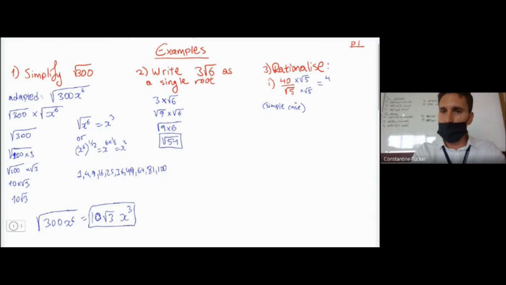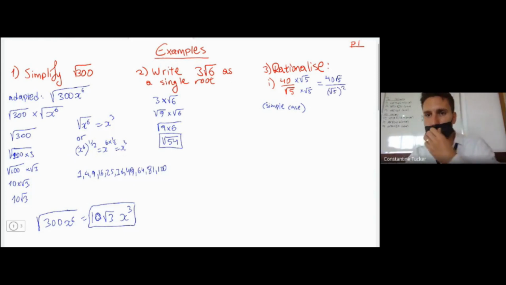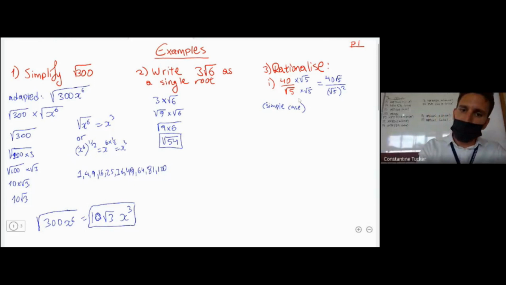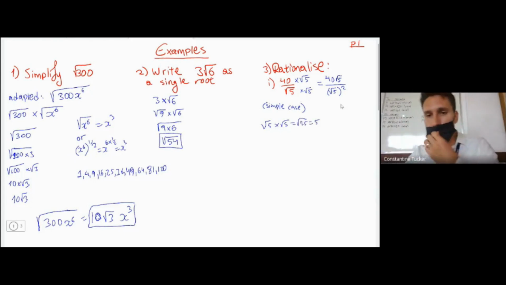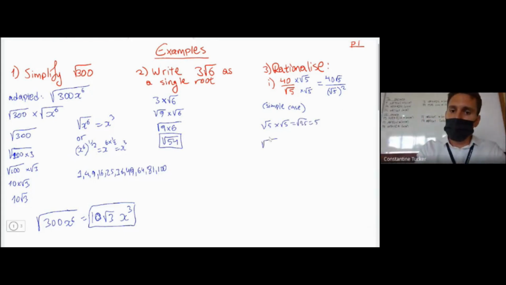It gives us 40 root 5 in the numerator, and it gives us root 5 squared in the denominator. Now, a lot of students like to think that root 5 times root 5 is equal to the root of 25, and that's equal to 5. And that's fine, it works just fine, not a problem,